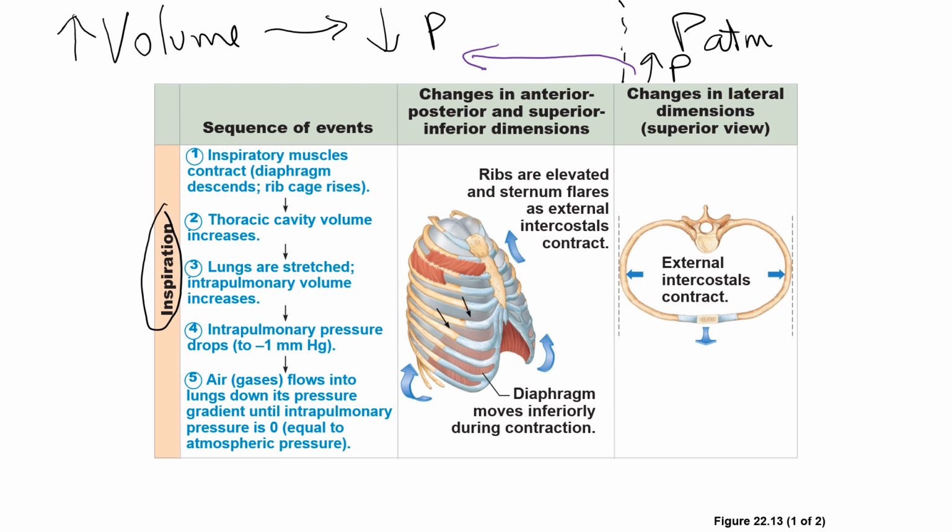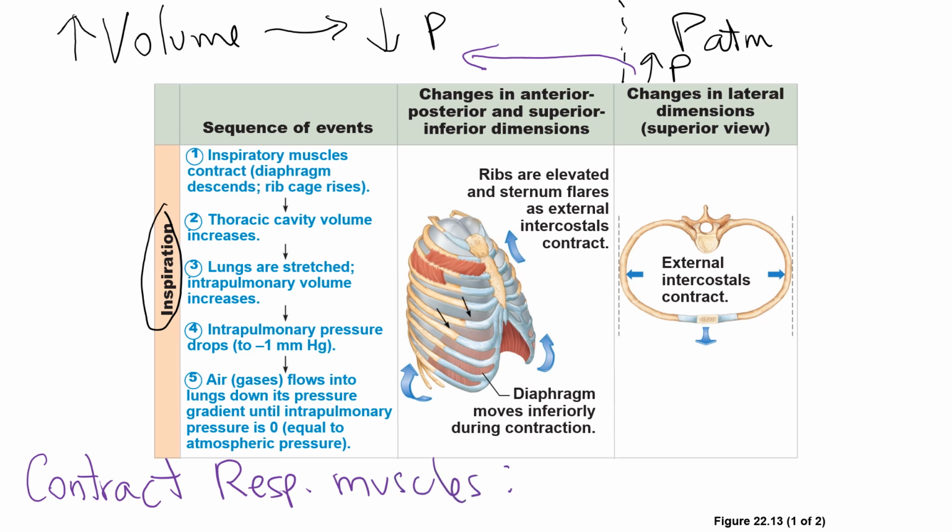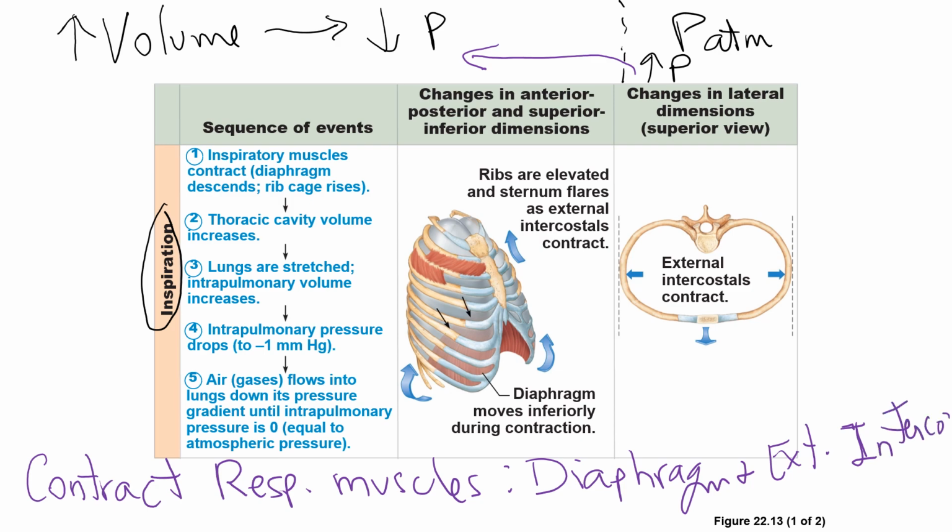So we're going to inhale, bring air in. What's going to happen during inspiration is that we're going to contract respiratory muscles. There are two respiratory muscles, the diaphragm and the external intercostals. And what these muscles do is they are going to expand the rib cage. The external intercostals are going to push the rib cage front and sideways. The diaphragm is going to pull it downward. So between the actions of these two muscles,